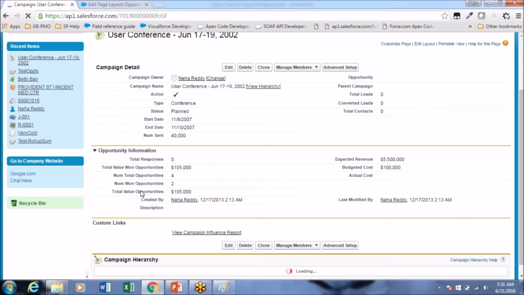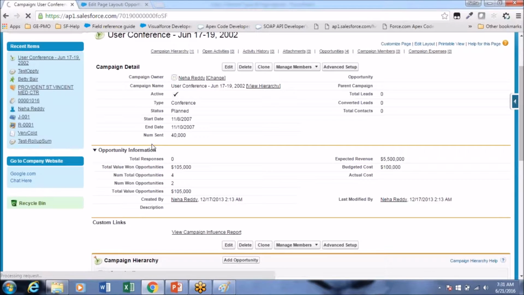See here. Now it is divided into different sections. So it will be easy for the customer, when he looks at the section, he will understand, okay, this information belongs to this particular section. So it is easy to understand, a user-friendly view of the record information, right?